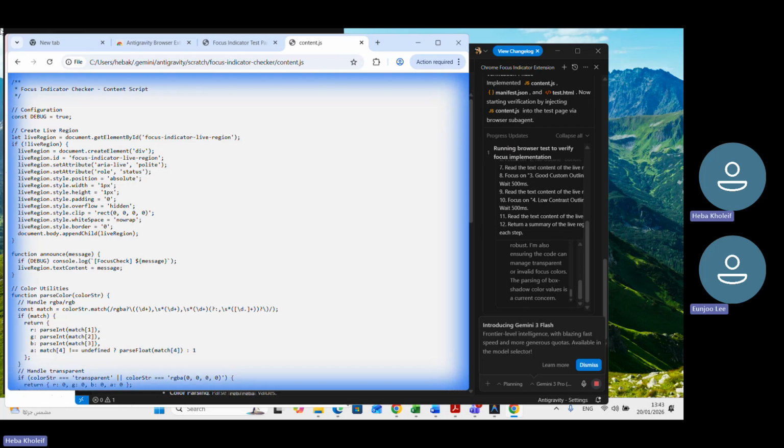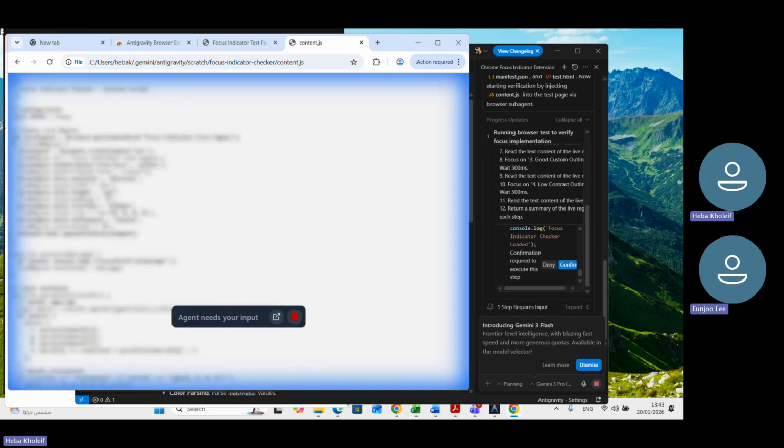And now it's testing itself on the browser, although it's not really reading anything. It says agent needs your input, but I'm not sure what my input is. So the app is asking for you, and you can open it, which I think will